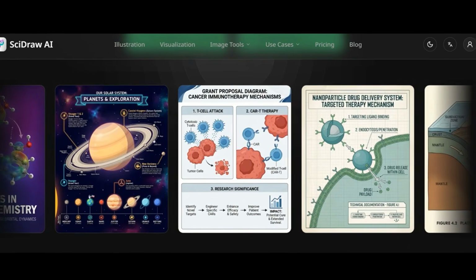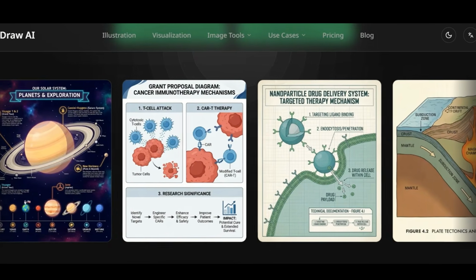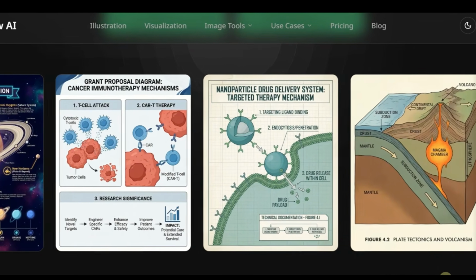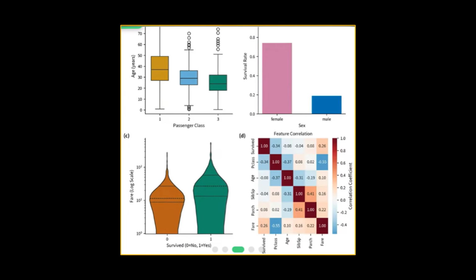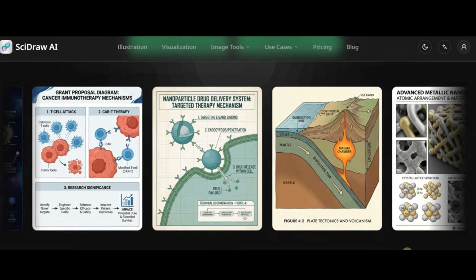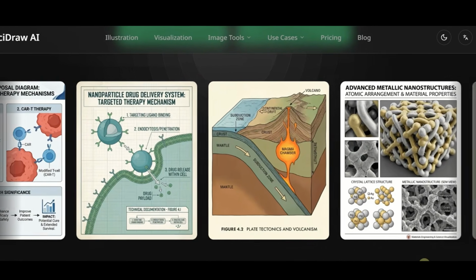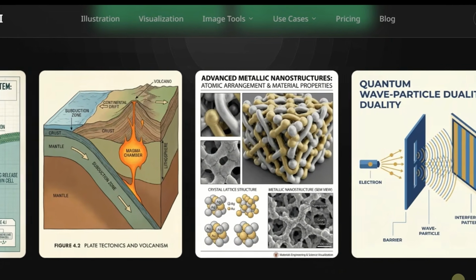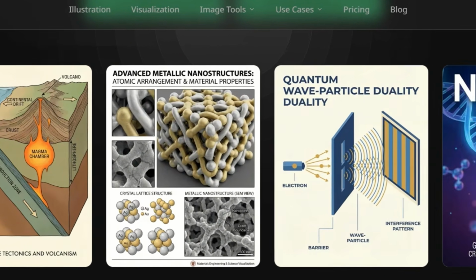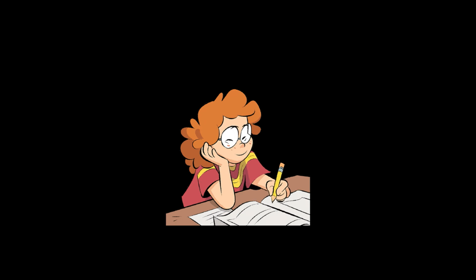That's why I have been testing SciDraw, an AI tool specifically trained for scientific illustrations, mechanisms, charts, and research visuals. I tested it across diverse subjects like molecular biology, neuroscience, immunology, biochemistry, physics, and physiology workflows to see whether it's actually useful for real research work like writing research papers, graphical abstracts, theses, presentations, and posters, not just social media